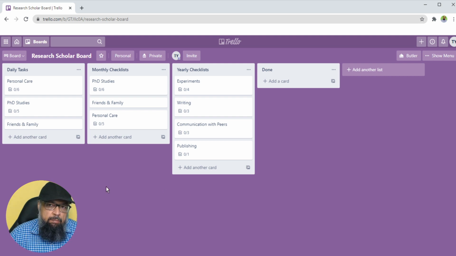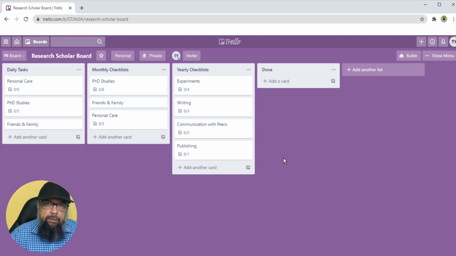First, a little introduction about Trello. Trello is a project management software, but Trello can also be used as a personal to-do list application. And this is how you are going to use Trello as a research student. So on Trello, you have boards. So this is a board, and on this board, these columns are called lists. Then every list has cards. So these are the three building blocks of Trello: a board, a list, and a card. Normally, you should have three lists only: a to-do list, a doing list, and a done list.